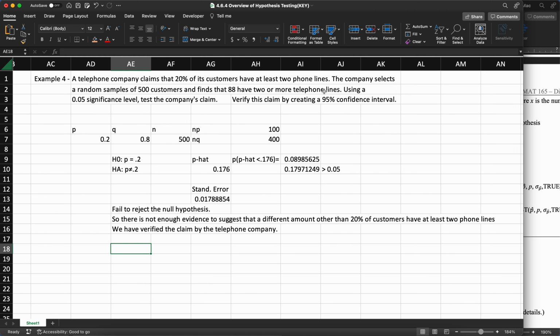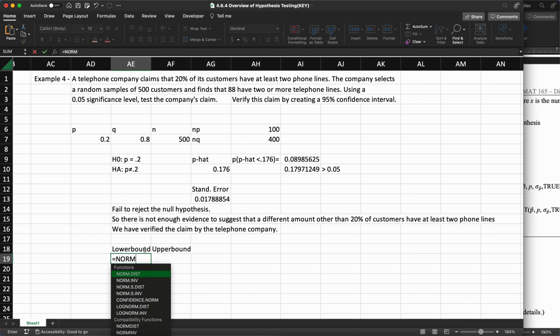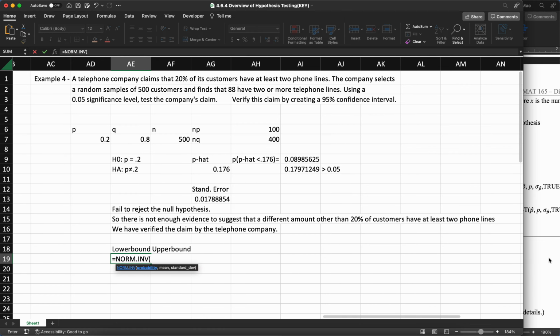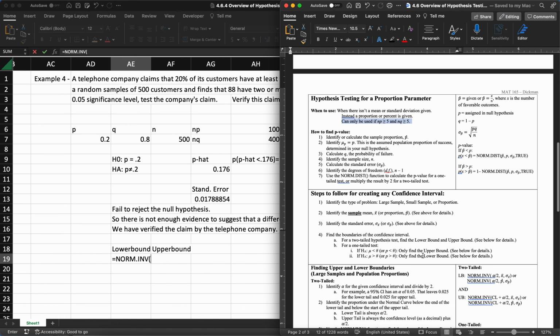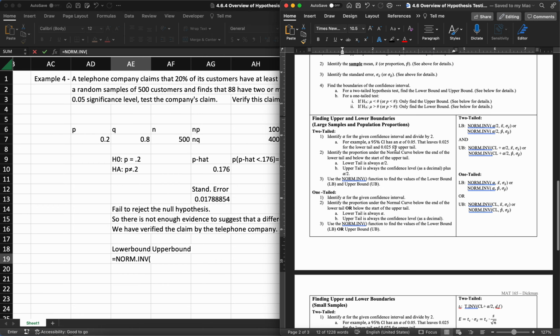It's a 95% confidence interval. Since we failed to reject the null hypothesis, I would expect that the confidence interval would contain P, our original P of 0.2. So we're going to use the sample P hat and the standard error, and we're going to find a lower bound, and we're going to find an upper bound, and we can do this just using our norm.inverse function. Again, this is all spelled out. Creating a confidence interval is the same. This is two-tailed,